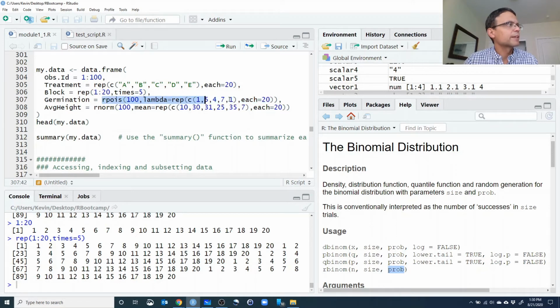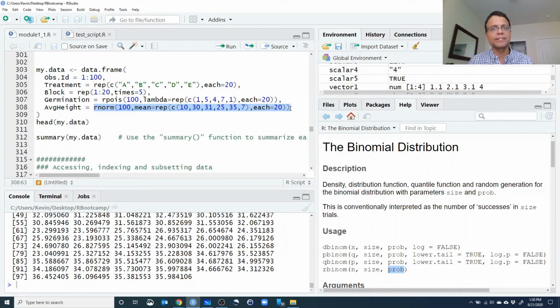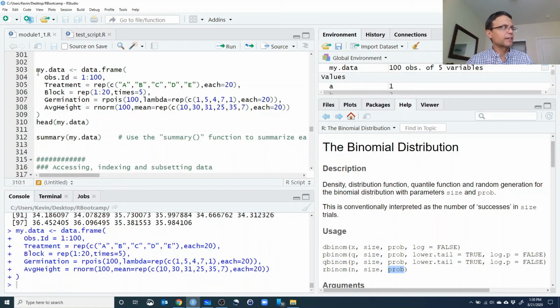So it's going to look something like this. We're going to get 100 values. And we're going to do the same thing with height. And again, height is going to vary with treatment. And so we're going to build a data set where we actually have some signal to detect. If we were to build a model with these data,